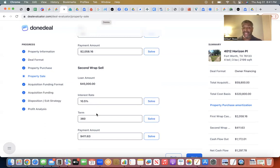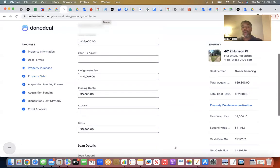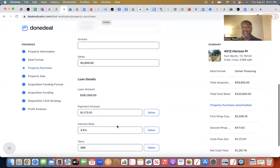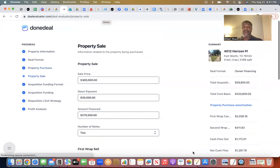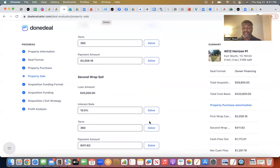And again, we have 6 years in order to get the seller financing portion that is extended to us paid off. So these two payments here are roughly $2,400, and that's just principal and interest. Another thing that you can see here is the difference in the cash flow from what we have to pay out, which is $1,172, and what we're going to be collecting, which is just over